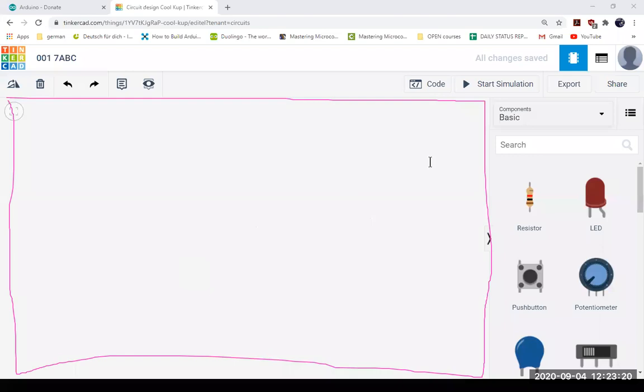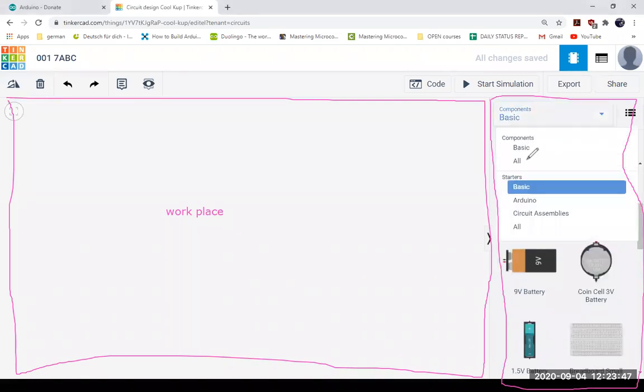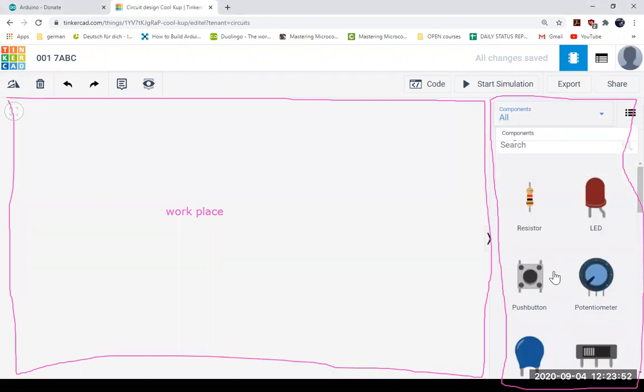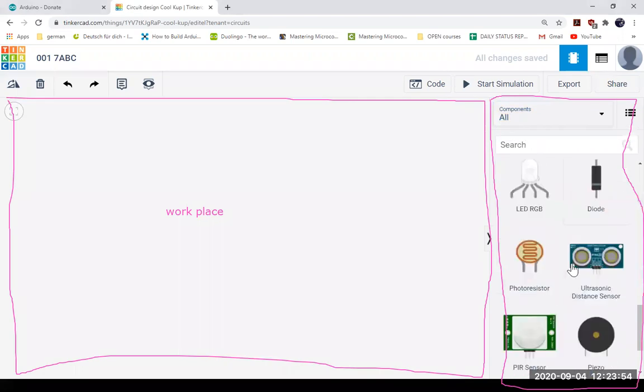Now every connection we are going to do will be inside the workplace. Now, whenever we want to connect or choose some component, we can choose from this. Okay, this is the component selection tool. You can see there are many. Then now you can select all components. There are some options. You can go basic and all. So when you go to all, the components available are shown.